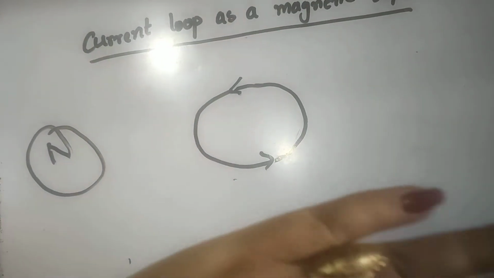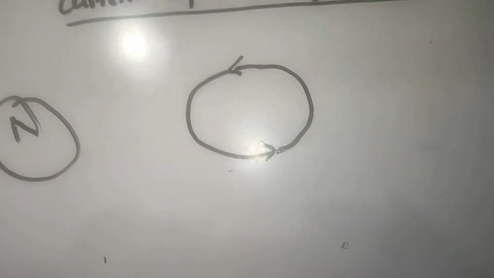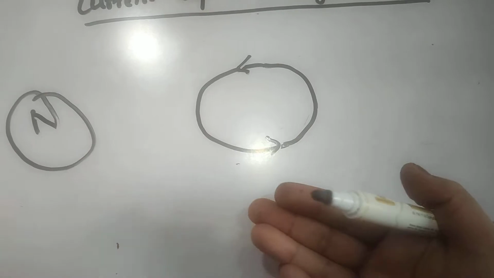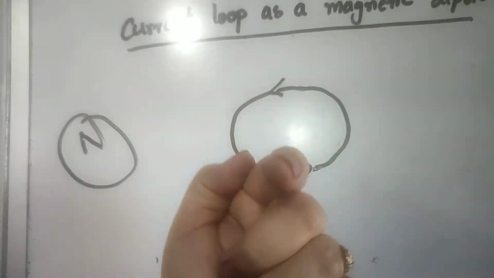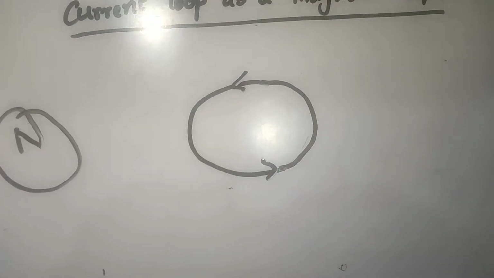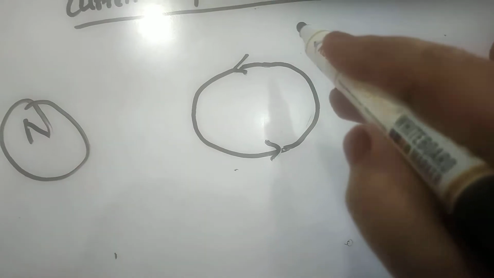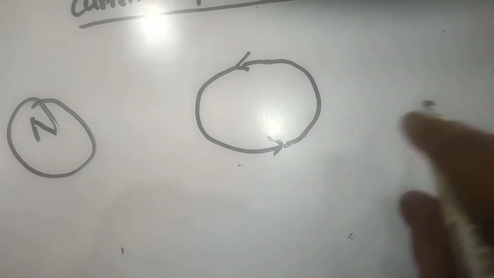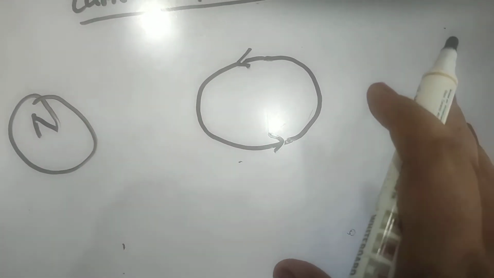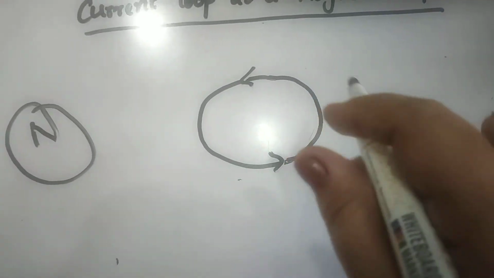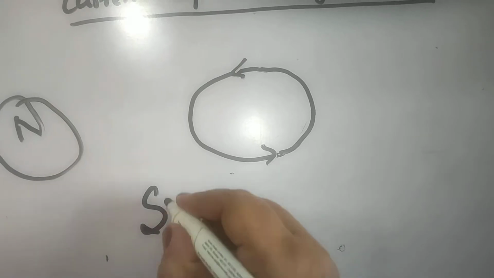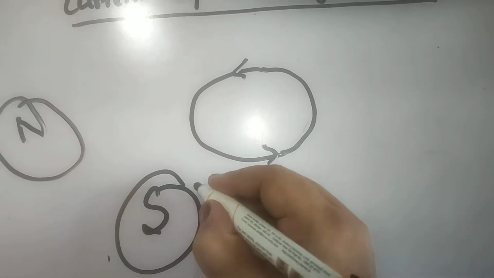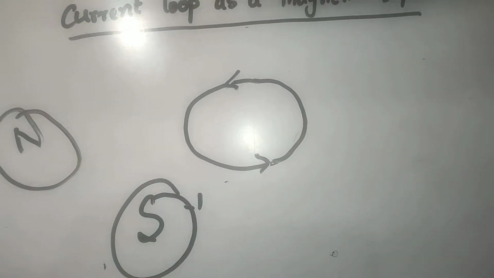Then take that sheet of paper and see from the bottom of that sheet. You have to see from downward to upward. You will see that the circle that you have drawn over that sheet, the direction is anti-clockwise over there. Okay, so sorry, clockwise over there. Fine, so in that case the direction is clockwise, and clockwise represents the south polarity.